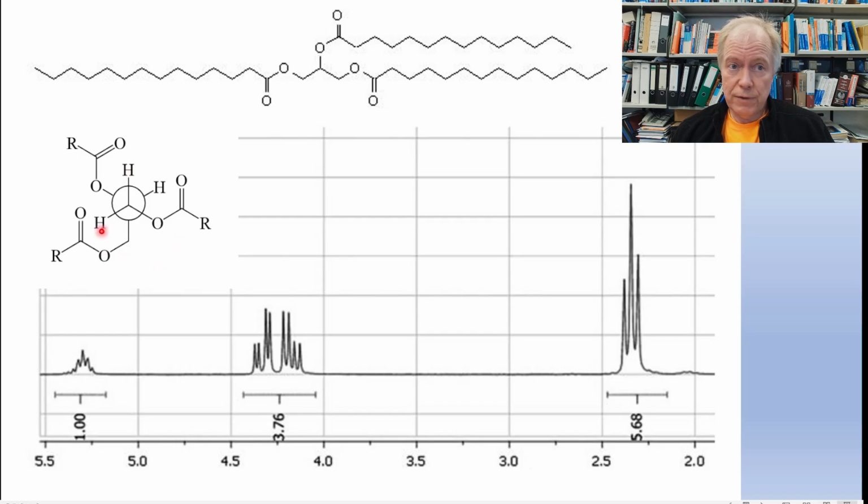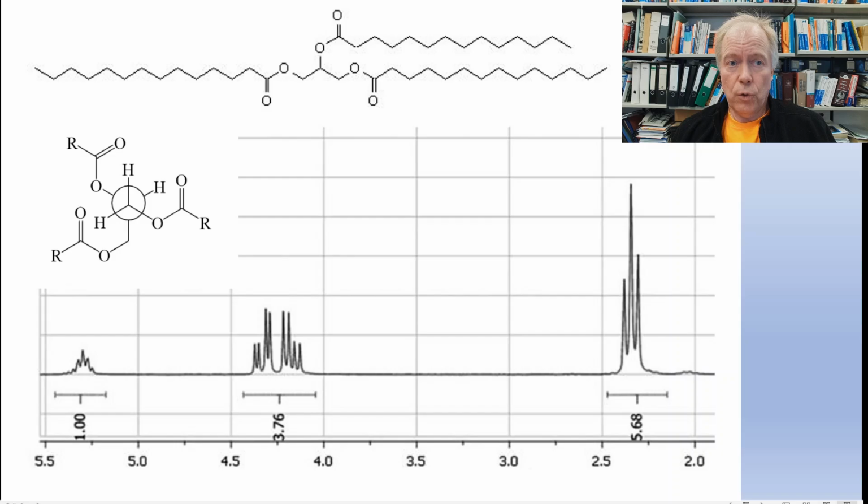So, whatever the conformation, those two hydrogens always have a different chemical environment. And this means they are diastereotopic protons with different chemical shift,